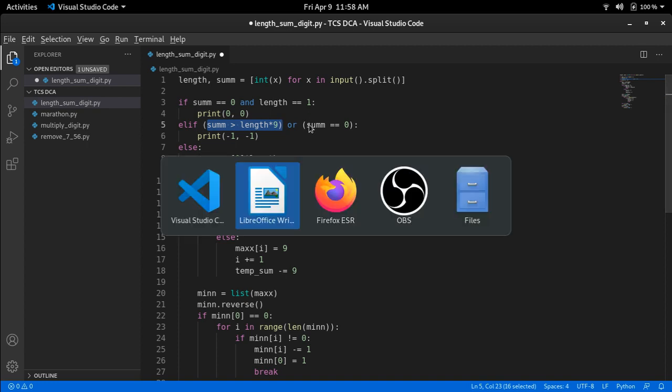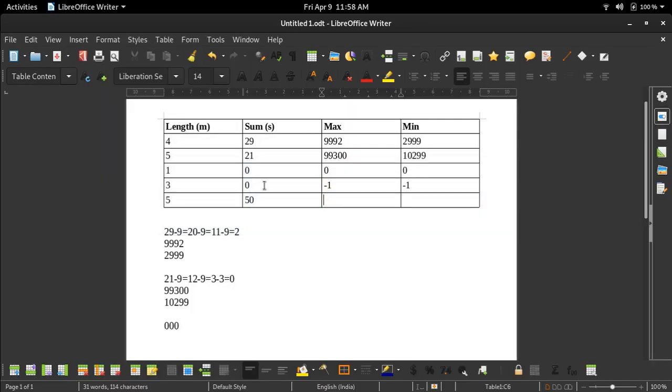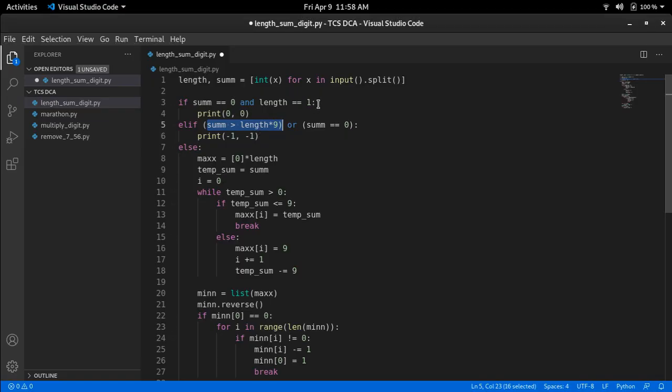So we just discussed this particular condition: length is greater than 1 and sum is 0. If length is equal to 1, then our first condition will not be satisfied, because here we have taken length as 1. But suppose length is equal to 2 and sum is given as 0.